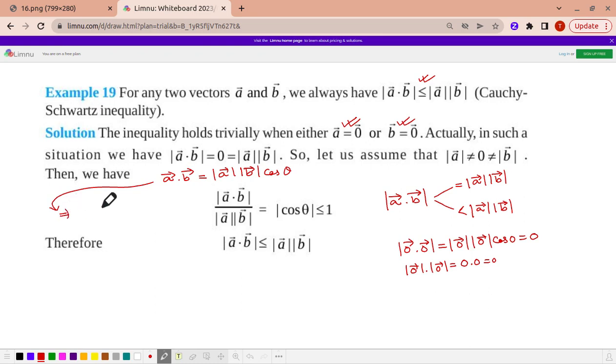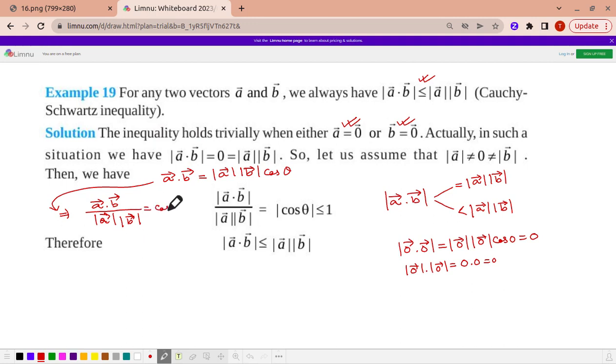So from here we can write, this implies A dot B divided by mod A into mod B is equal to